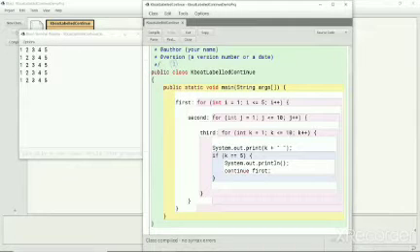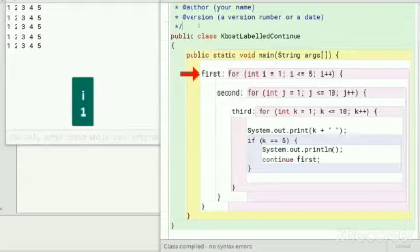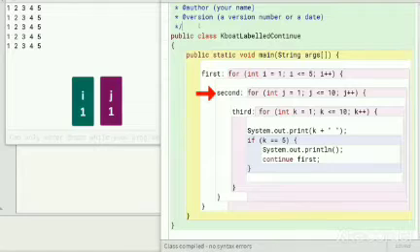Now we will go over the program to understand how we got this output. Program execution starts with this outer loop. i is initialized to 1, and the loop condition is true. Program control enters inside the loop. Here we have our second loop. j is initialized to 1.